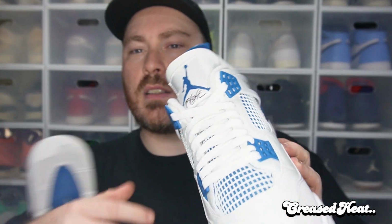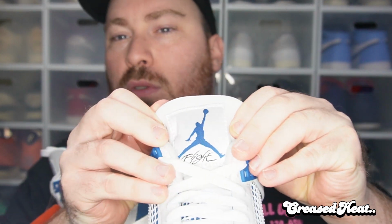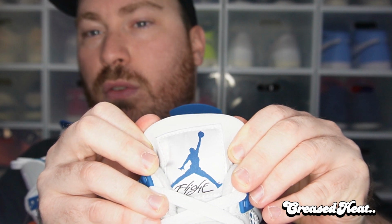That's not the best. I probably didn't check that out too crazy. If you have a look, the tag hasn't been stitched straight. That's nothing. That's not horrible. There could be worse things. I saw online there was a lot with marks, I don't think mold, but it kind of looked like mold. So in terms of this pair,